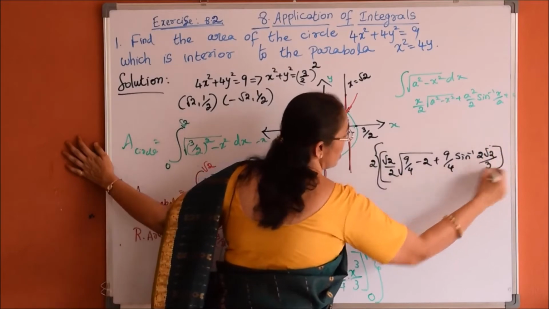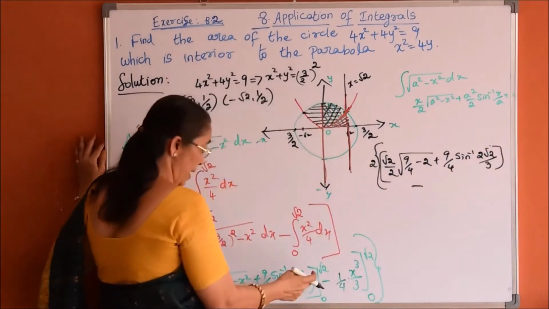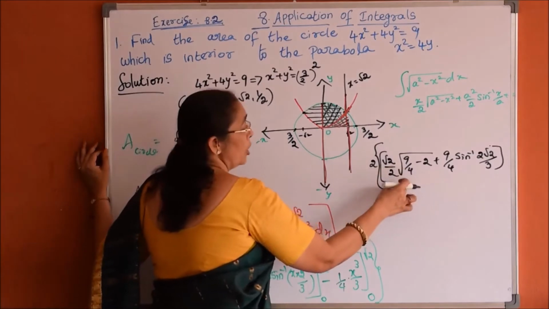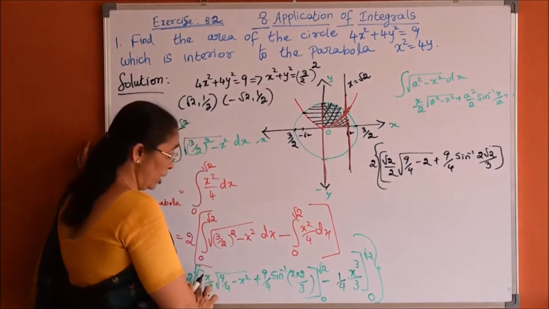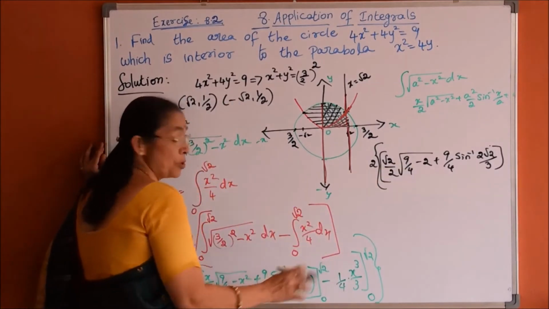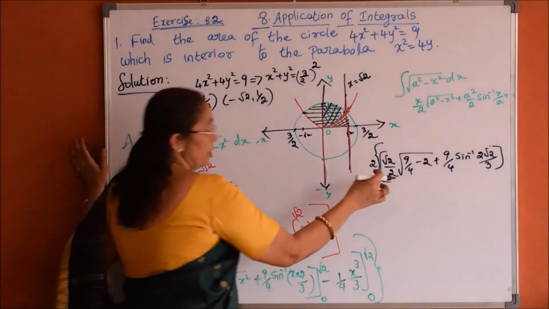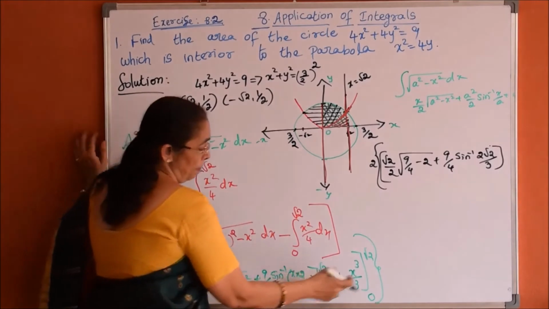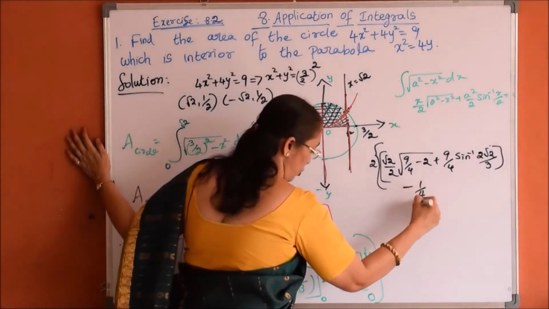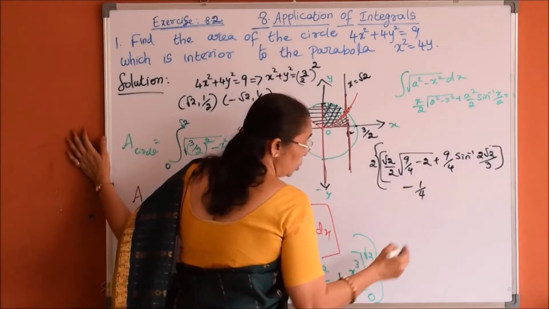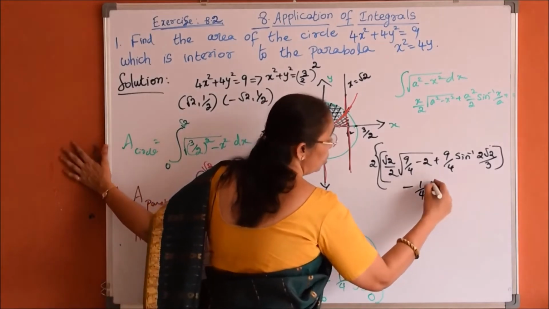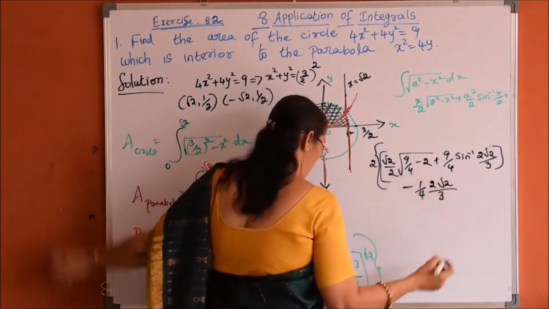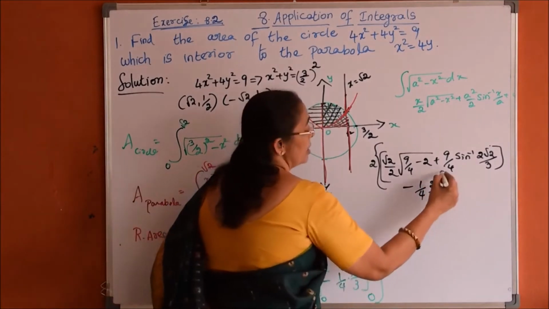First part minus second part. Now we have to apply the lower limit for this. When we apply the lower limit, this part is 0, this is also 0. So, the lower limit is completely 0. Now, coming to the second part, upper limit. The second part upper limit is minus 1 by 4 into x cube, root 2 whole cube. Root 2 whole cube is 2 root 2 divided by 3. Lower limit again here is 0.